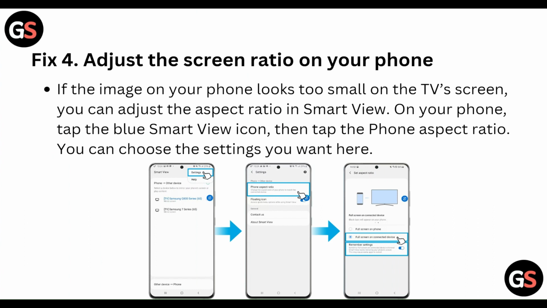Then fourth step is adjust the screen ratio on your phone. If the image on your phone looks too small on the TV screen, you can adjust the aspect ratio in Smart View. On your phone, tap on the blue Smart View icon, then tap on the phone aspect ratio. You can choose the setting you want here